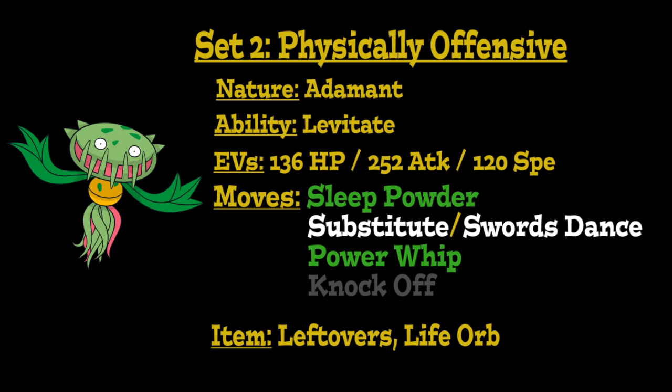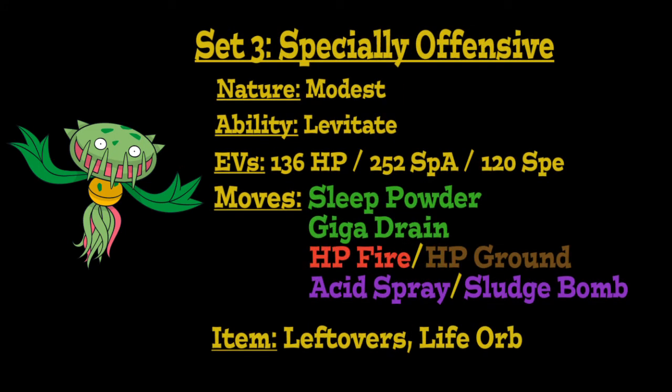in my time. As for this next moveset, we're going to be running Carnivine specially offensive, which is a set that it can actually now do even more effectively than previously because of a new move that it now has access to. So we're going to start this one off by giving it a Modest Nature to increase its special